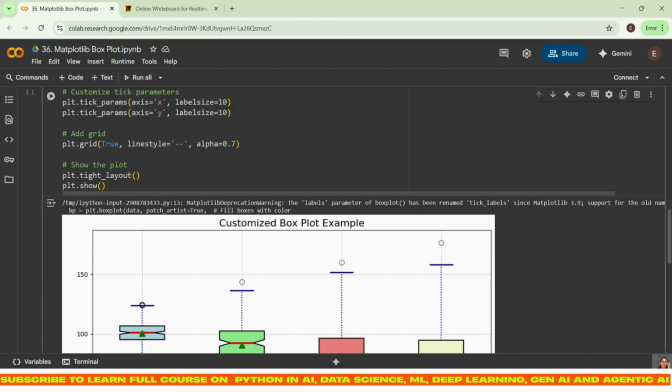And we are saying, in the X axis, whatever ticks are there, the label size should be 10, or the size of those letters should be 10. Similarly, whatever letters are present on the Y axis, that label size also should be 10. So we defined our tick parameters.